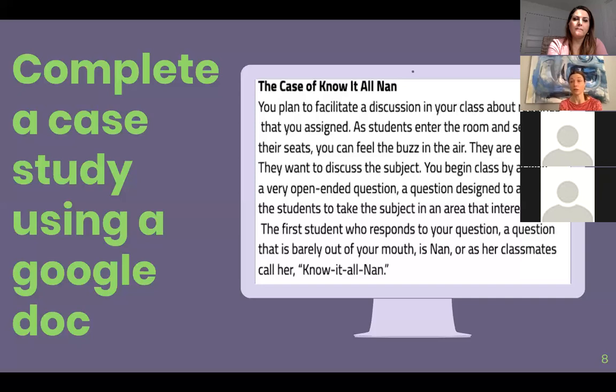This will depend on the nature of the content, of course, but a Google Doc is a really great way to do this, because a Google Doc will essentially document who within each group is contributing to the case study problem. So this gives you a record of which students are contributing and what they are contributing to the case study solution.